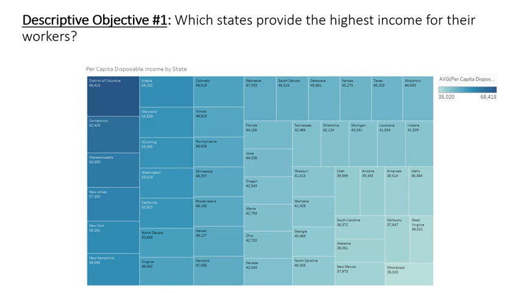Now, taking a look at this tree map, in the top left corner you notice that the District of Columbia, on average, provides for their per capita disposable income by state, you're looking at $68,000 plus, whereas Mississippi is almost half that at $35,000 there in the bottom right-hand corner. As you notice, all the states in between have different varying levels between those two values, but this just helps uncover the large disparity between the states for their per capita disposable income.